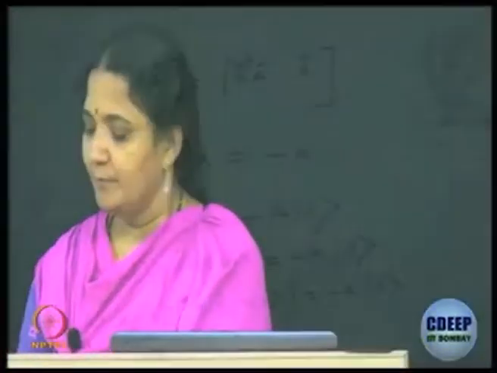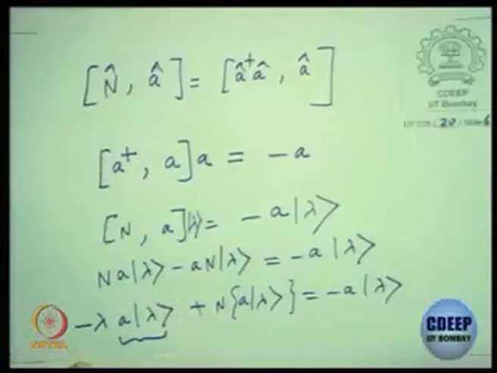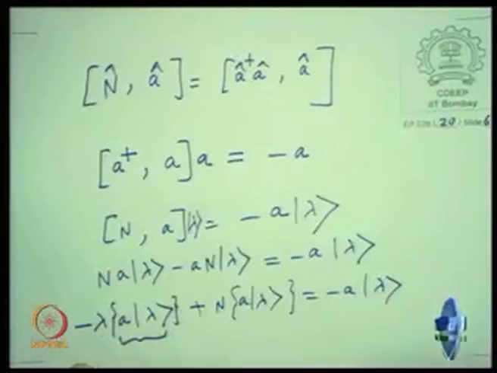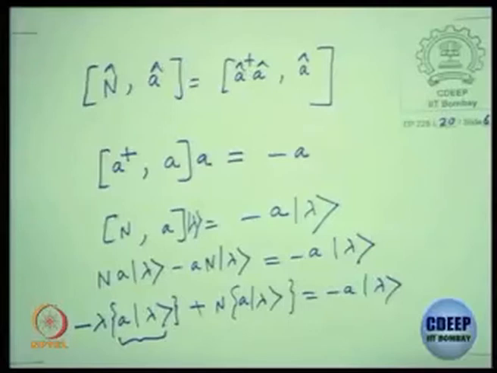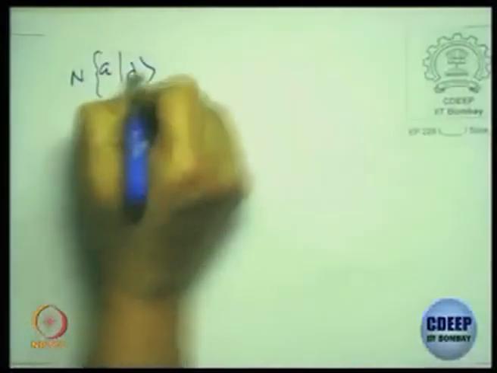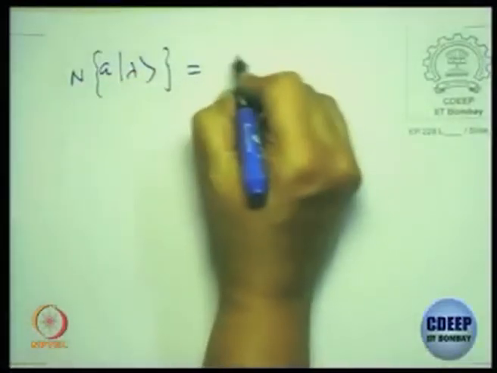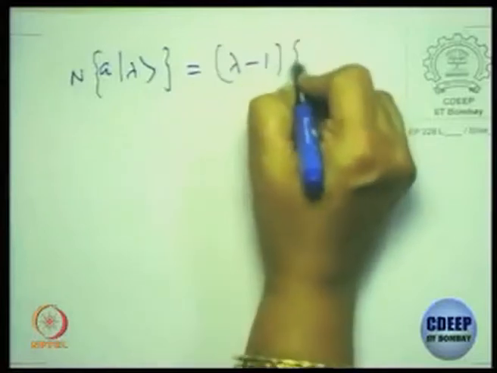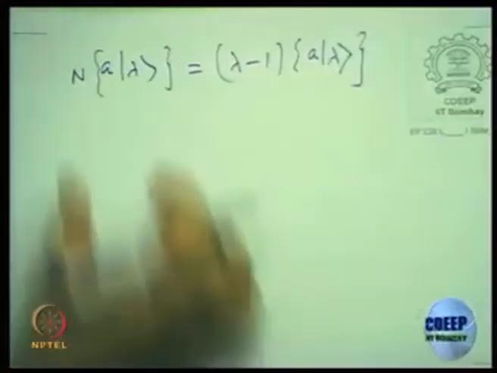Take this term to the right hand side and keep A of lambda as some new state. What do you get? What will you get? Take this term to the side, so you will get N A of lambda equal to lambda minus 1 times A of lambda. So this could be a new state,